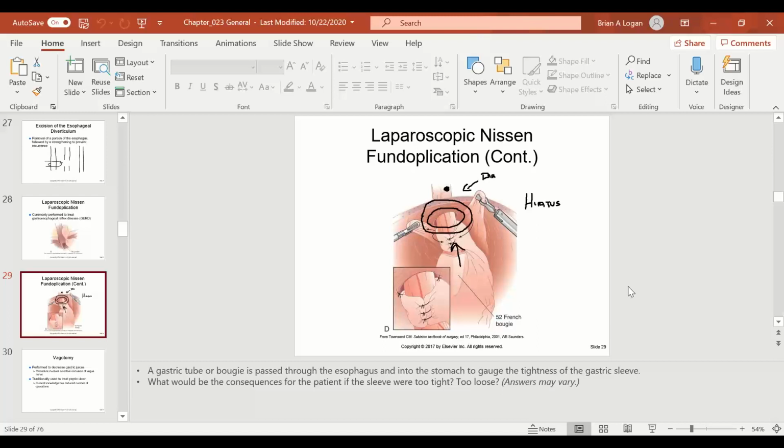Remember, a dilator is just an instrument. You have a natural opening, and the instrument, the dilator, is going to go in to dilate that opening to bigger. You're just trying to make it bigger. The dilators come in sizes: one size goes in, then the next biggest size, and the next biggest size, until you get that hole to expand